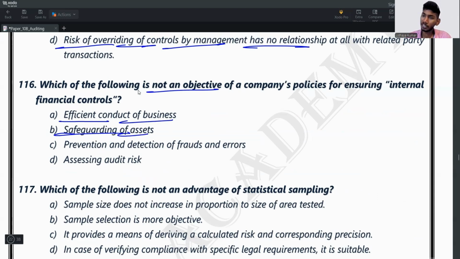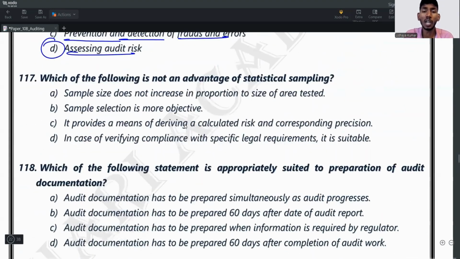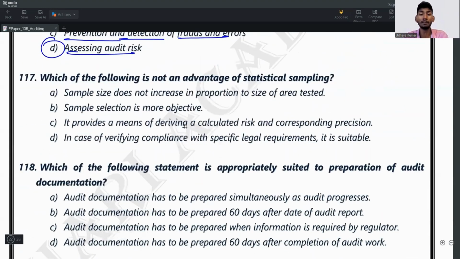Safeguarding of assets is an objective. Prevention and detection of frauds and errors is an objective. And assessing audit risk is not an objective, right? So option D is the right answer. So moving to question number 117, which of the following is not an advantage of statistical sampling? Statistical sampling. Here the